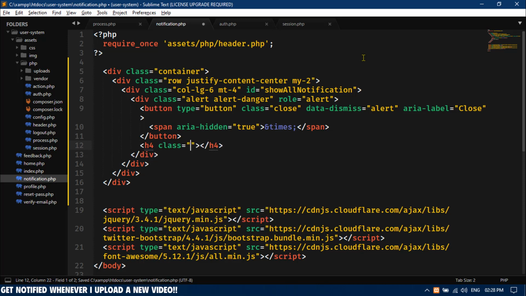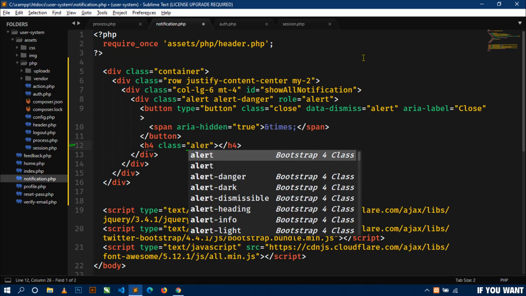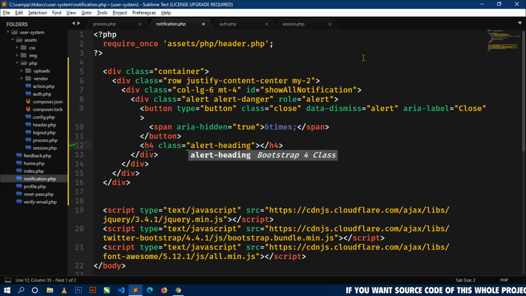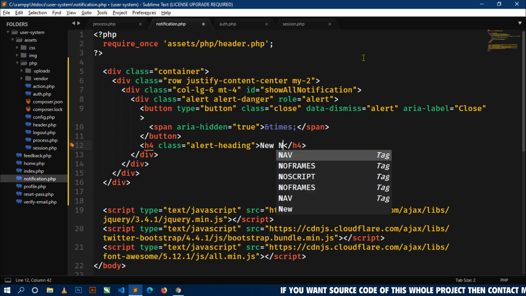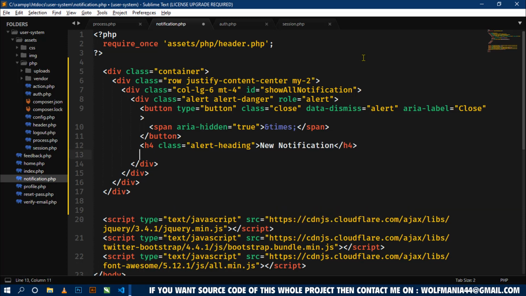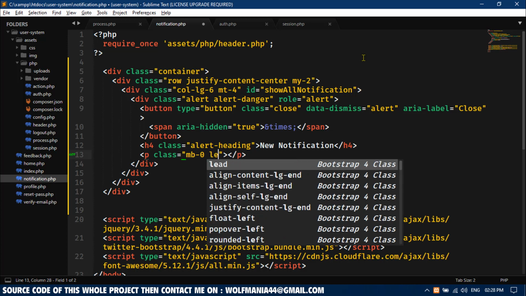So I will use an h4 tag here, and in class I will use alert-heading, and here I will write New notification. Just below this h4 tag I will use a p tag with margin bottom 0 and lead,